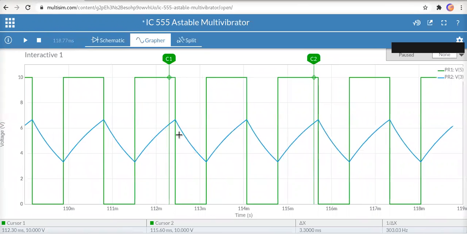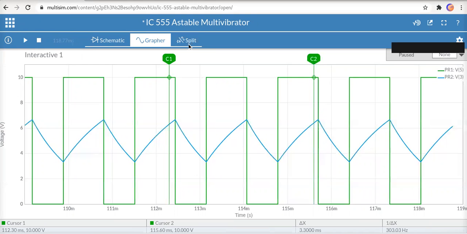You can see during discharging, the output is getting low. During charging, it is taking high. So high and low are possible here because of the charging and discharging operation of the capacitor.